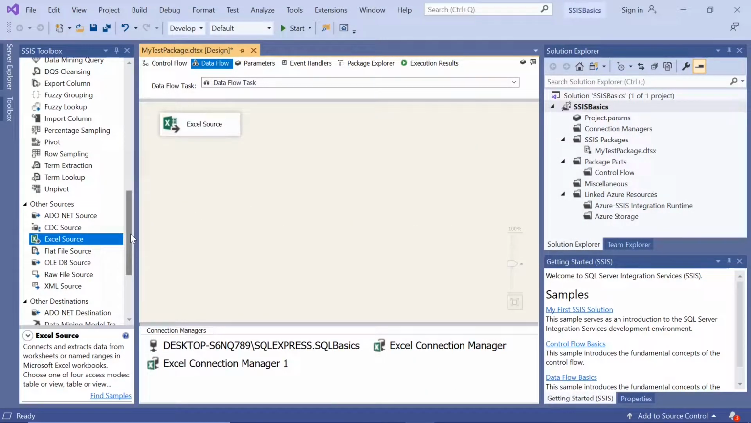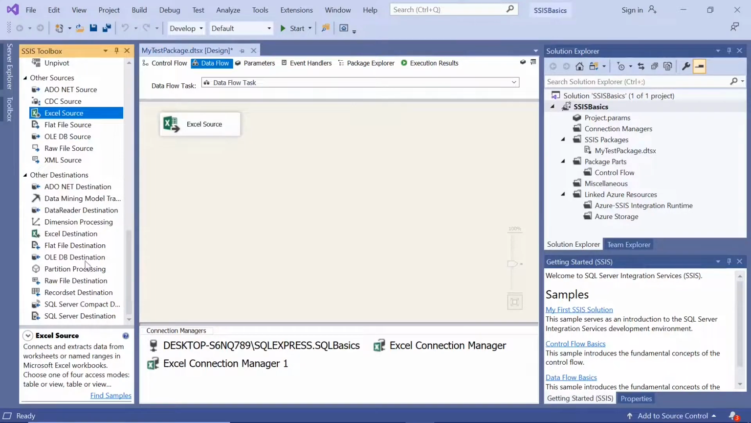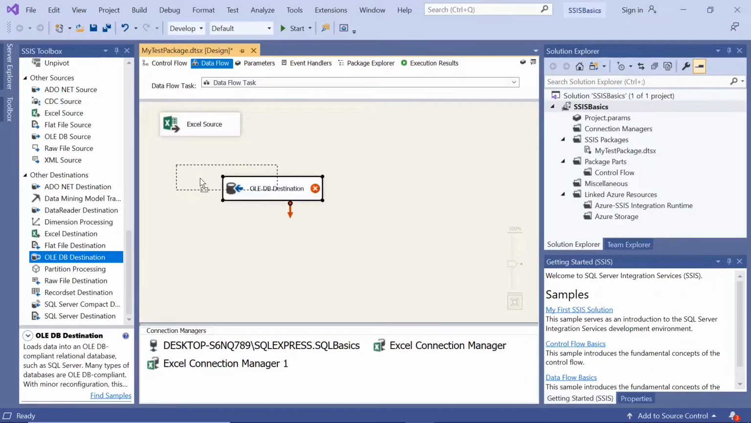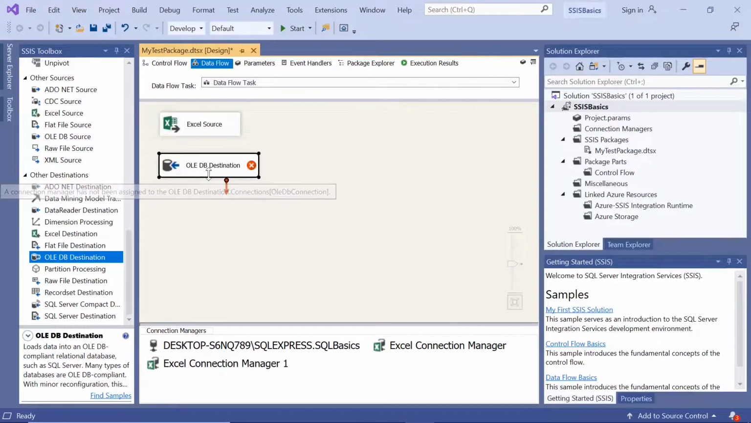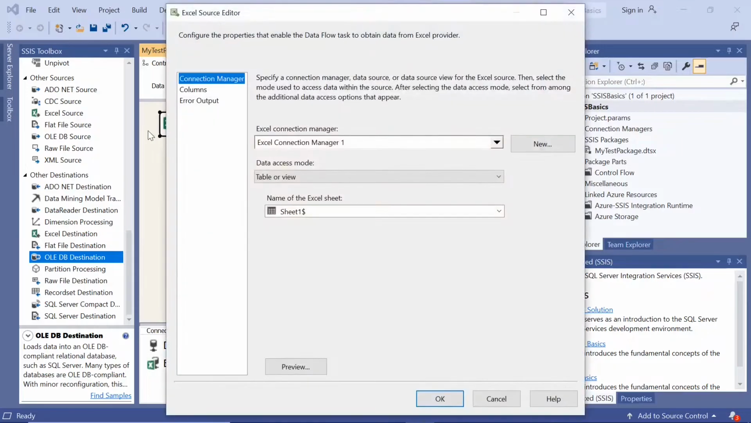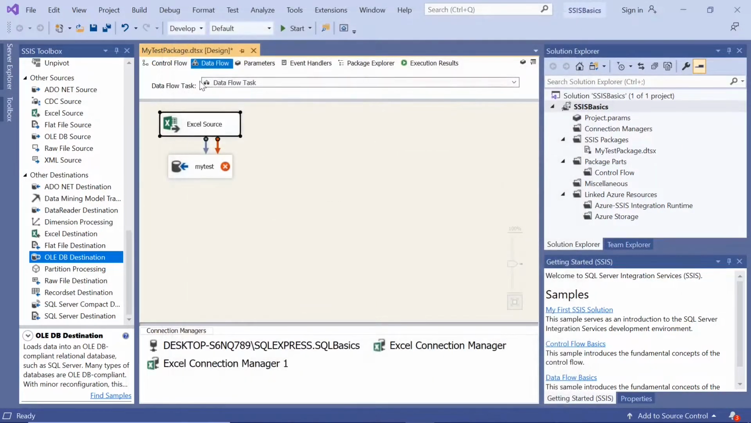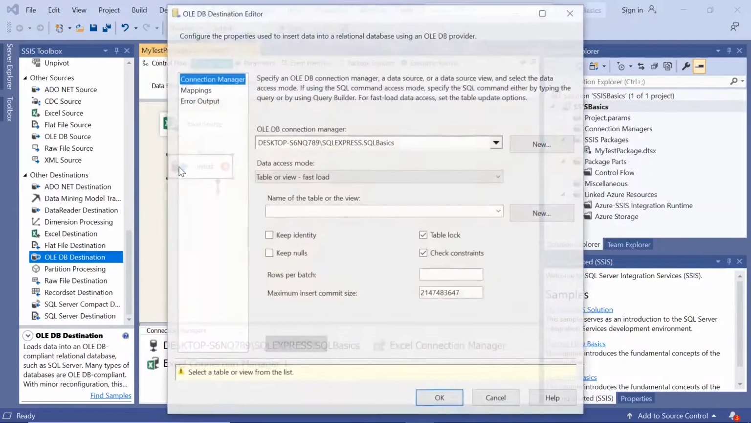And then we'll take a table, so OLEDB destination. Let us name this as my test. The table name, when you are trying to create a table, will automatically show up whatever name you give here. So my test. Let us connect this to this destination. Double click the destination